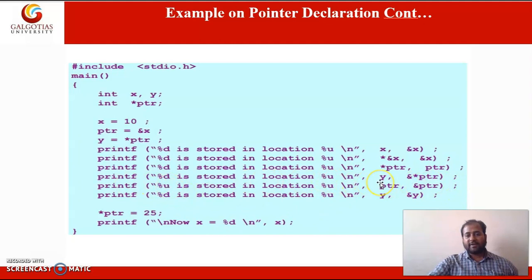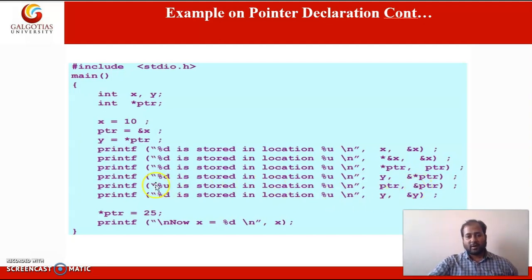And in the next statement y is storing the value of x using the pointer. Okay, so here we have used ampersand before star to print the location of x.